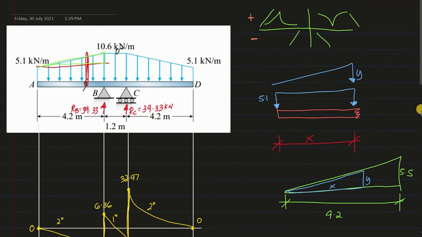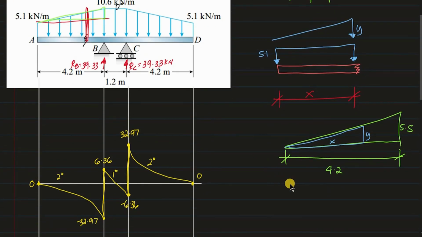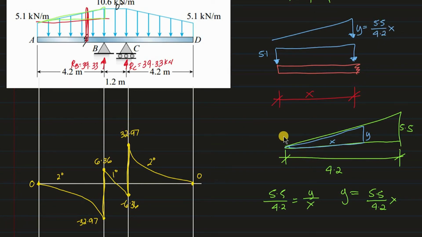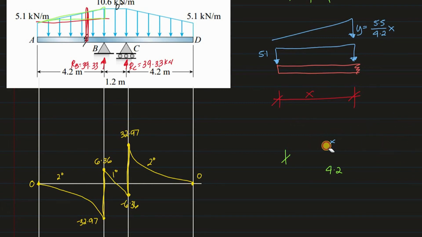Therefore, pwede na tayong mag-ratio and proportion. So, using ratio and proportion, that's 5.5 over 4.2 is equal to y, yung height, over sa base na x. So, kinukuha natin yung value ng ating y. Therefore, we express y in terms of x. Y is equal to 5.5 over 4.2x. Bali, in-express natin yon in terms of x para iisa yung variable na lang natin